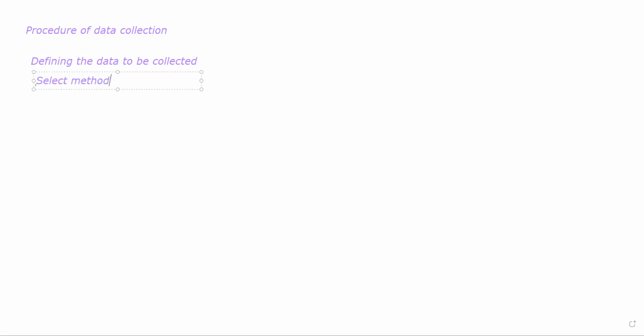select method of data collection. Select the appropriate method of data collection based on whatever type of data that you want to collect. It depends on whatever type of research that you want to do. Whether you are doing qualitative research or quantitative research, whatever research you are doing, accordingly you'll have to select an appropriate method of data collection. Whether you are using a questionnaire, interview, observation, or self-reporting scale, whatever you are using, define that first. Then